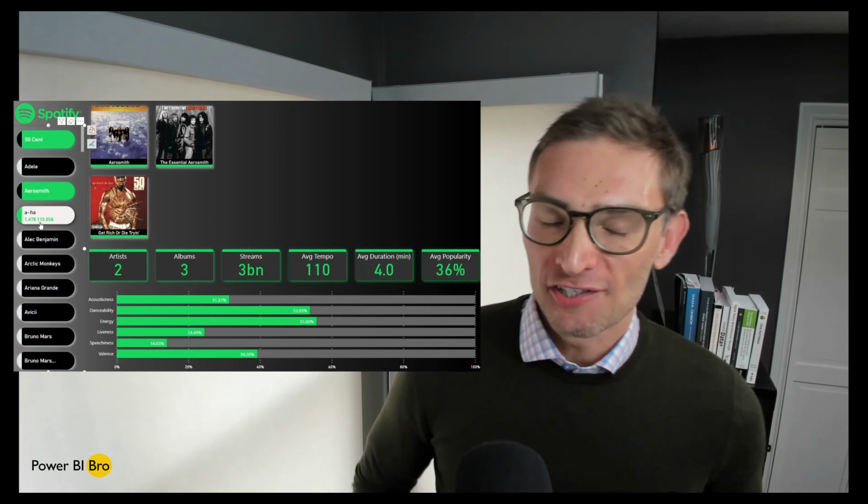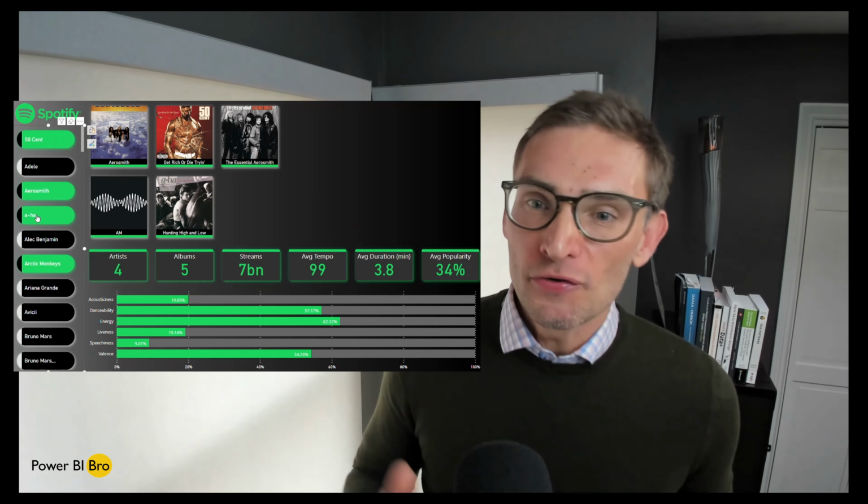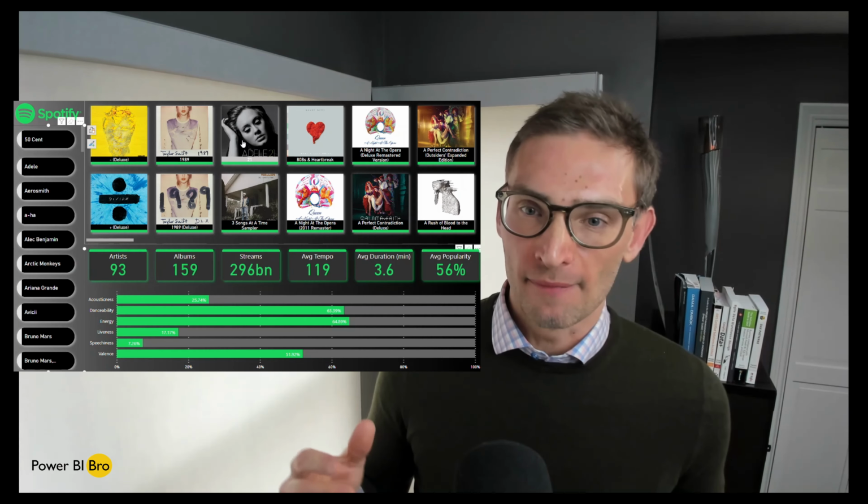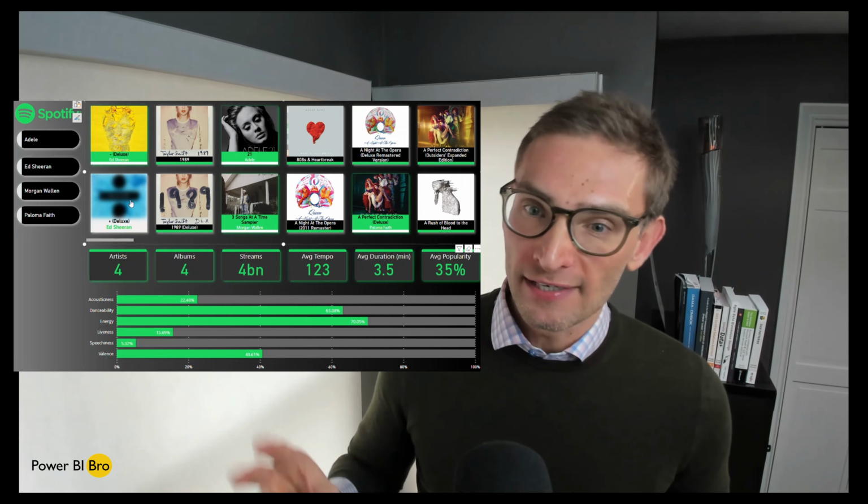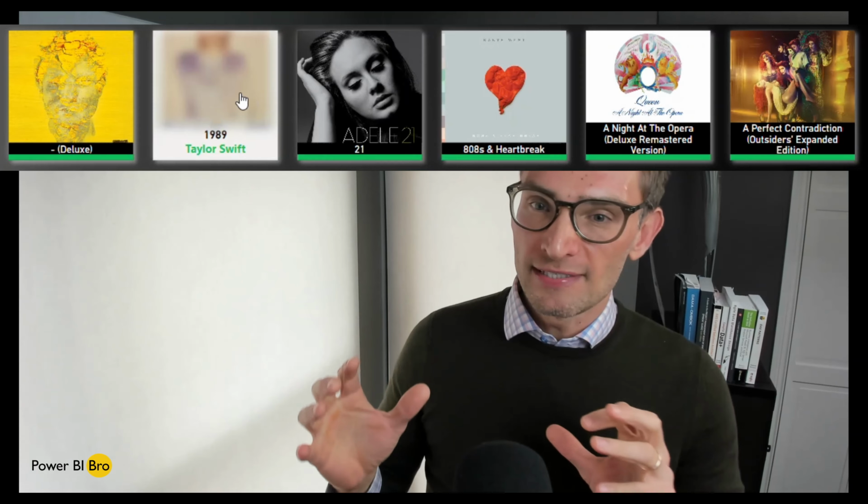Welcome. Check this out. It's a Spotify dashboard referencing and utilizing the new features released within Power BI Desktop. Today we're going to focus on two sections, the slicers, specifically the top slicer, which you can see has album